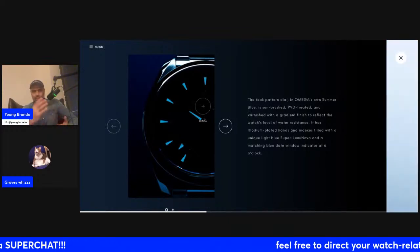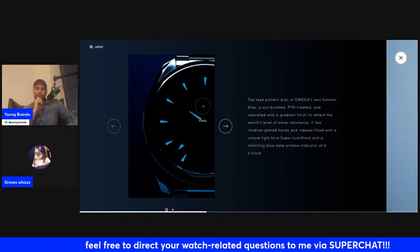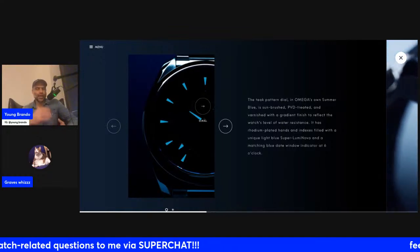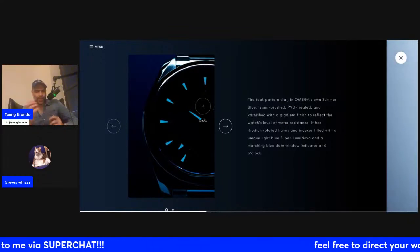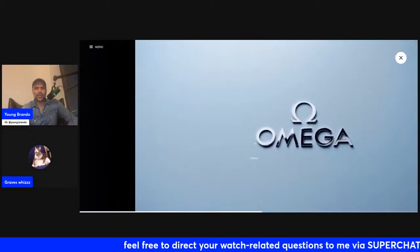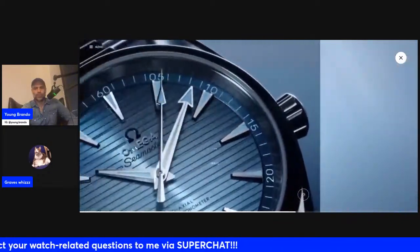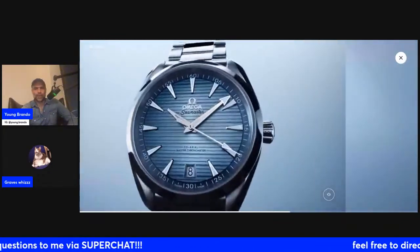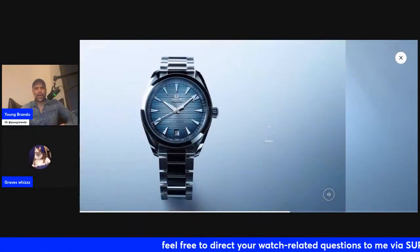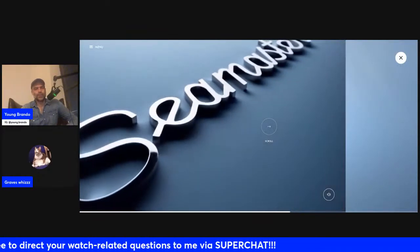And this is actually nice that they went through a whole 75th anniversary kind of revival or renewal across the line and chose one consistent pattern that they varied here and there. I like the way that these came out. And I think after the Ploprof, this 41 is my favorite. Apparently it's PVD treated, gradients, and has that sunburst effect as well. A kind of ribbed dial,